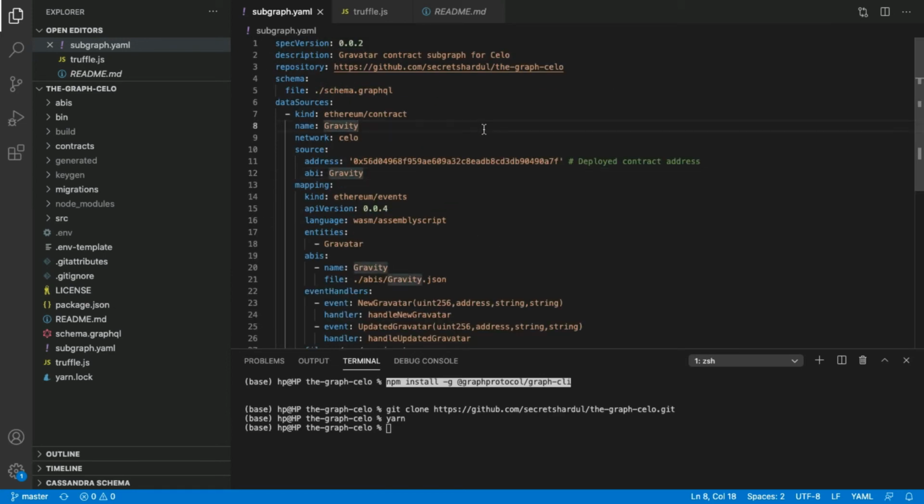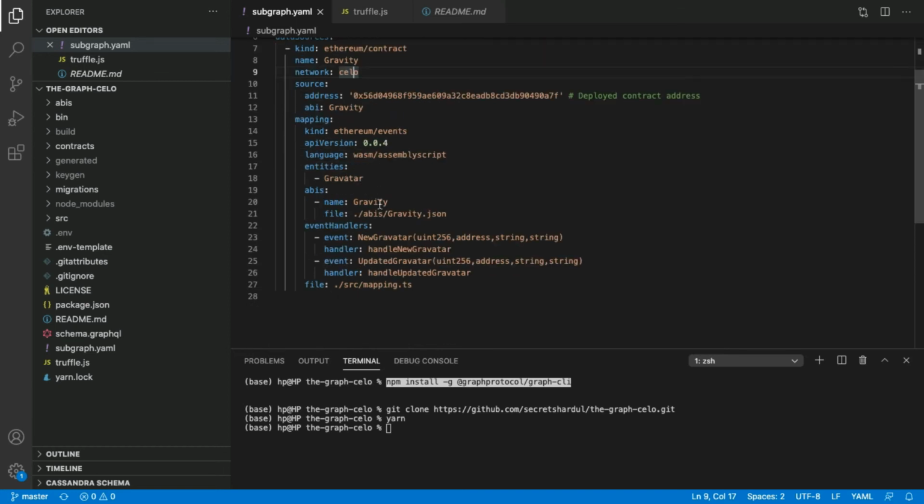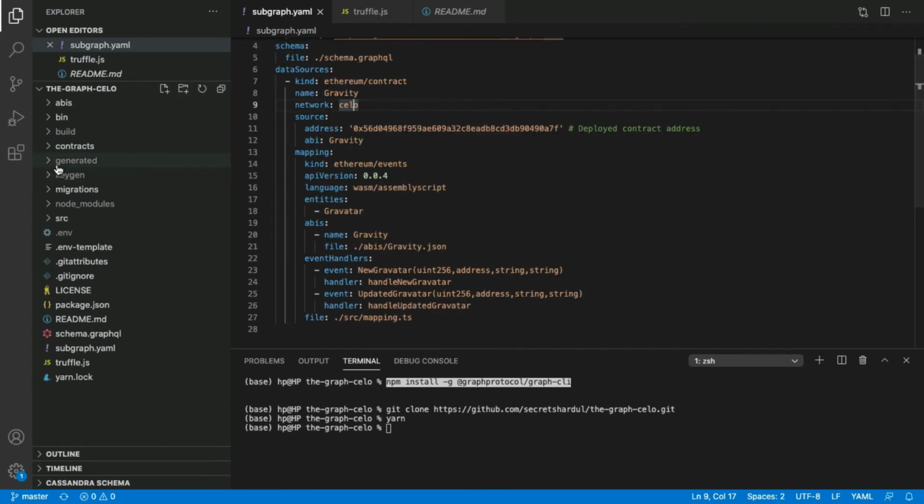So what we have is I have already deployed a smart contract on the Celo blockchain, and we are going to create a subgraph for this contract. So we can see the address of this deployed contract, and the network is Celo. What's happening here is that we have defined some events inside our contract.